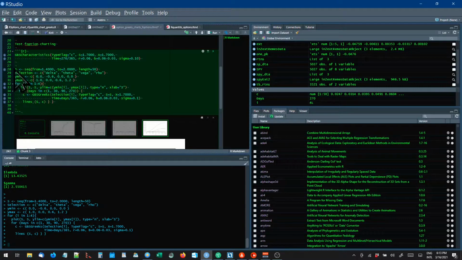As you can see, the code is a sequence. There's not much I can explain there. That's the y-axis minimum maximum. That is the sequence of prices from 1.4 to 2. 1.7 was the strike price. Length of 50, so there's quite a range. Y min, y max is the range of the prices,